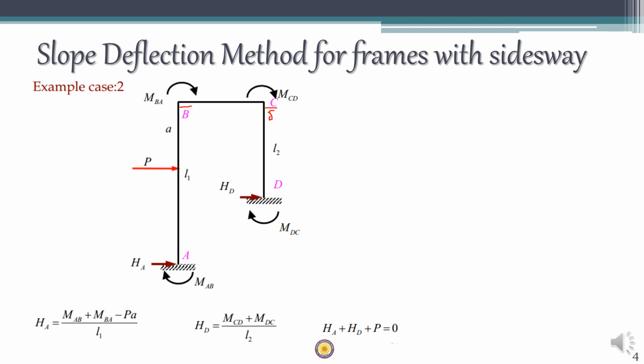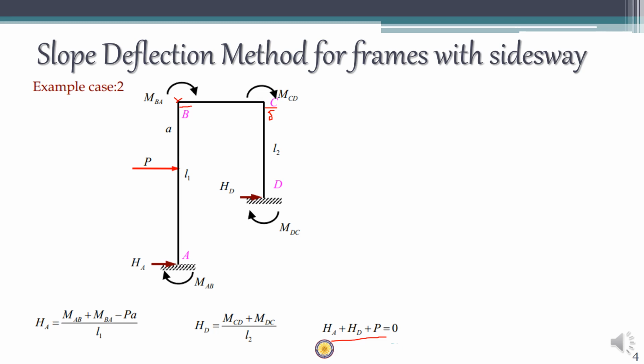Okay, so here also the additional equation will be sum of horizontal forces equal to 0, which is HA plus HD plus P is equal to 0. And here also you have to write HA and HD in terms of support moments. So take moment about B and C. So if you take moment about B, we have